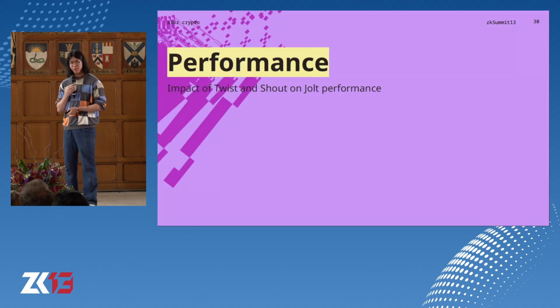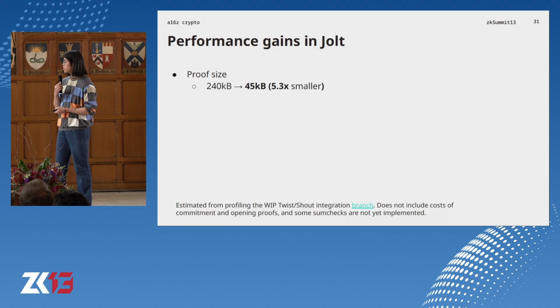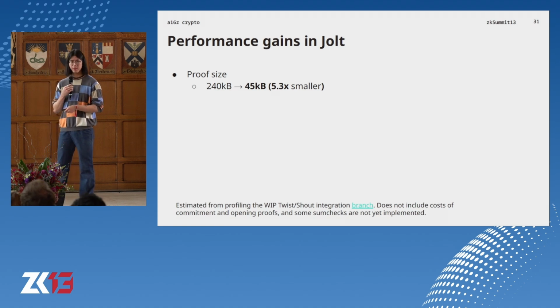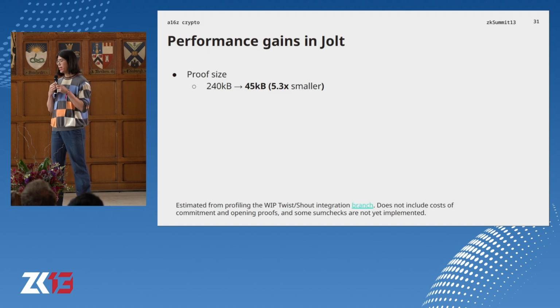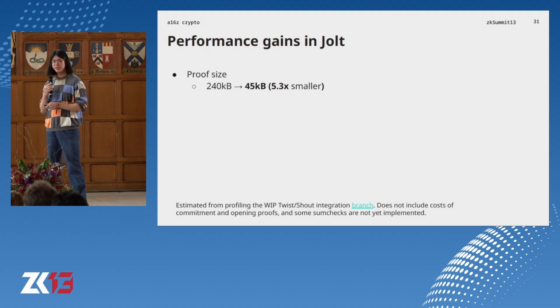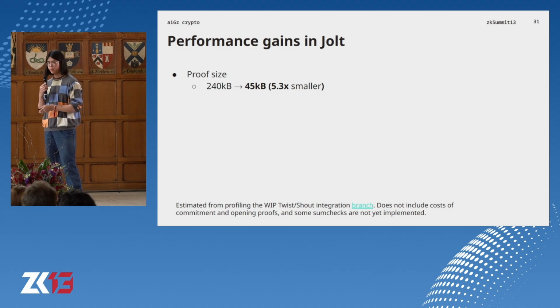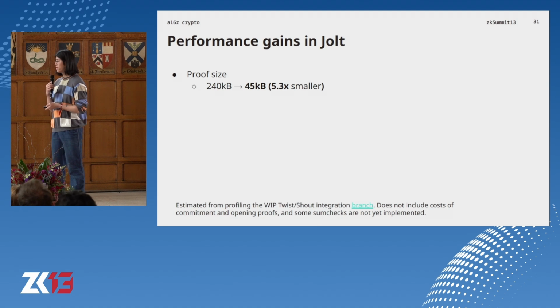Right, so everyone's favorite topic, performance. With the caveat that these numbers are based on some preliminary benchmarking in a still work in progress branch in the Jolt repo. Specifically, this branch does not yet integrate a polynomial commitment scheme, so we're just comparing sum checks to sum checks here. So sum checks before Twist and Shout and sum checks after Twist and Shout. So we can expect these numbers to shift around a little bit, but this is giving a rough idea of